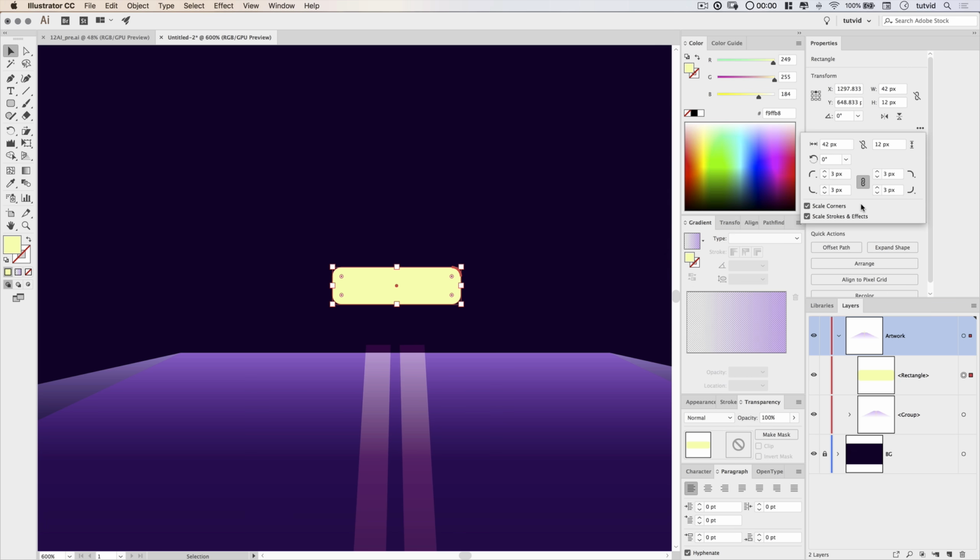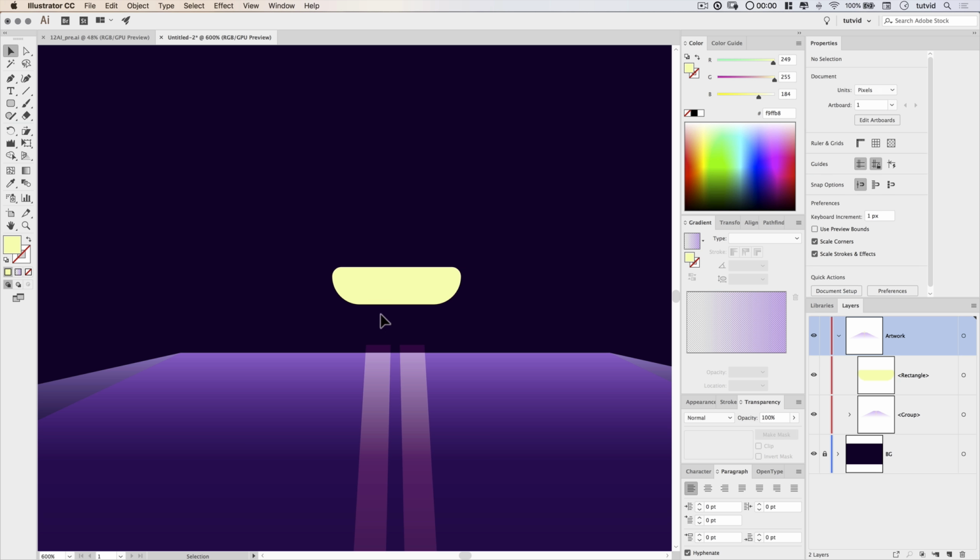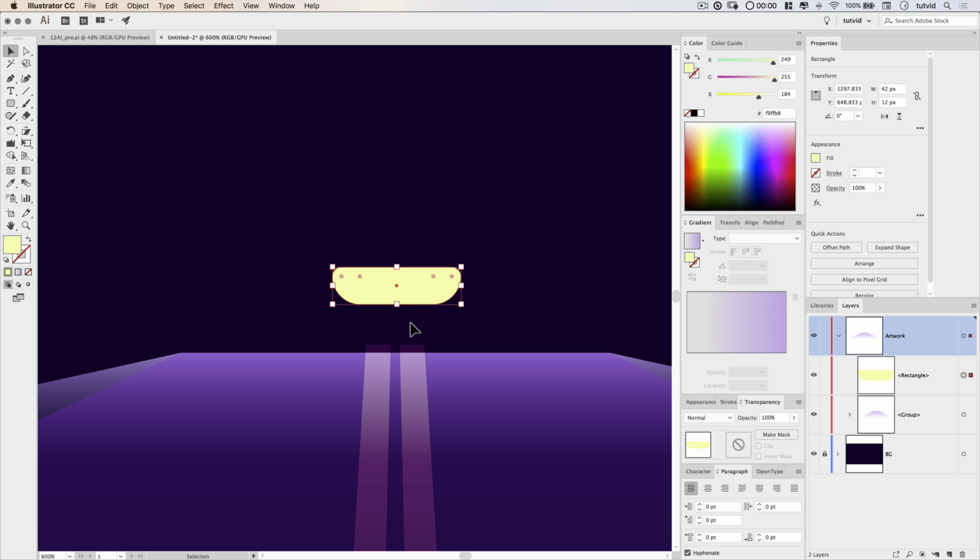I'm going to make sure I'm not linking them all together, because the two bottom corners, I want to bump them up to a 9 pixel rounded corner. The two top corners can remain at a 3. So you can see the shape that we now have. Very cool. All right, I'm going to nudge this down a little bit,